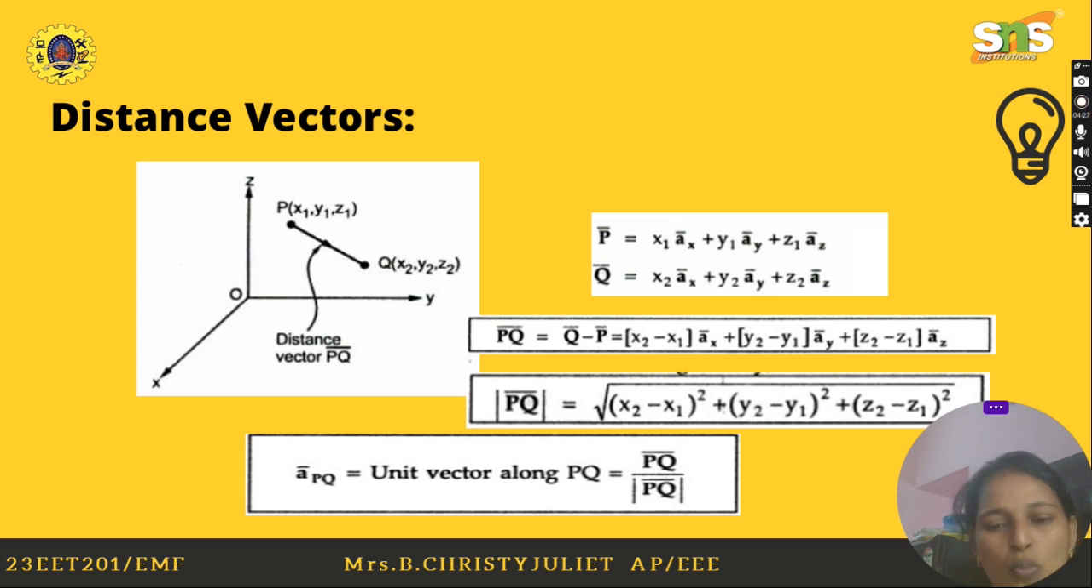Next, distance vector, as the name implies. It is the vector between two points. Let P be a point and Q be another point. So the distance between these two will be a distance vector, and it is given by PQ vector equal to Q minus P, which is equal to (x2 minus x1) a_x vector plus (y2 minus y1) a_y vector plus (z2 minus z1) a_z vector. When we take the modulus of this distance vector, you will get the magnitude value only. Where x, y, z are the three-dimensional points and